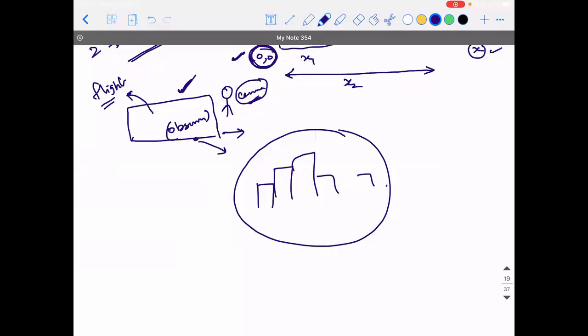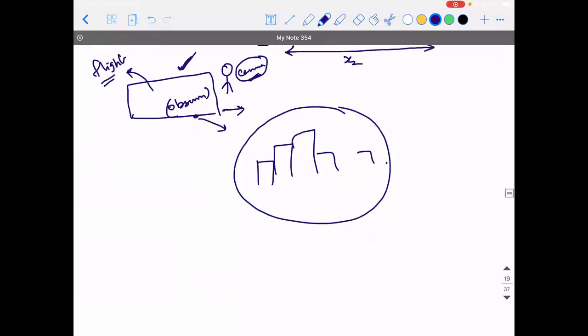Are you able to understand? See, for example, you're going in a car. You observe the other vehicles on the road. So what is the frame of reference in that scenario? You're going in a car, sitting in the back seat, and you're trying to observe the motion of other vehicles on the road. From which frame of reference? From the car. So the car itself is the frame of reference. So frame of reference is basically a two-dimensional or a three-dimensional structure from which the motion of other objects is captured.